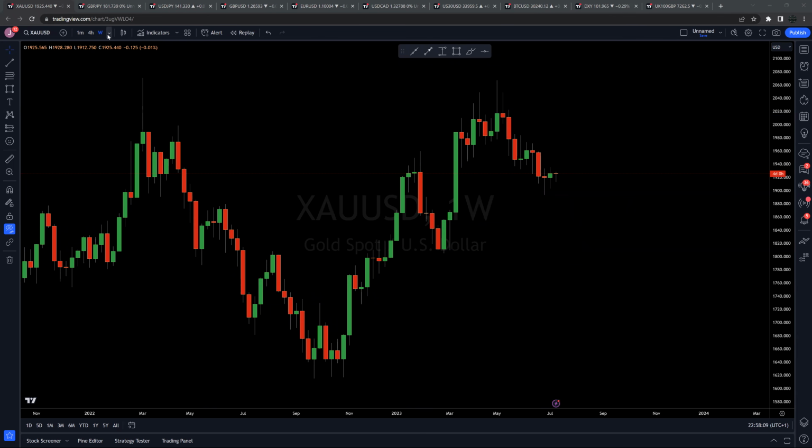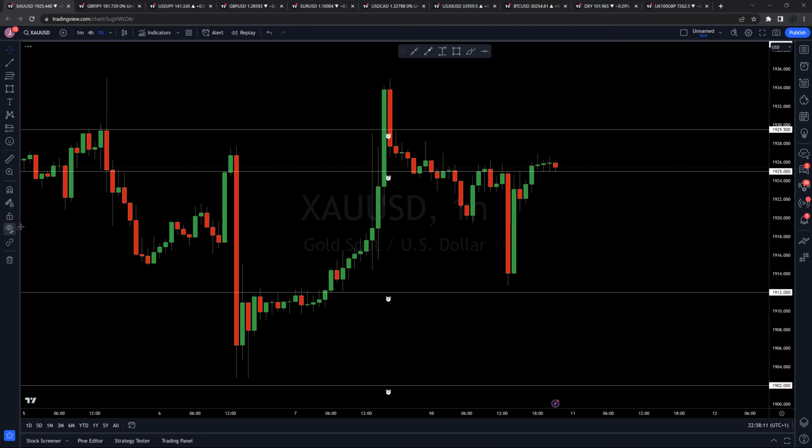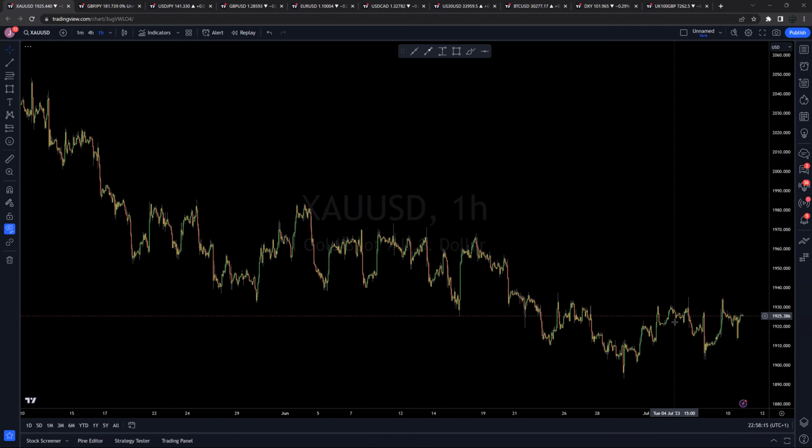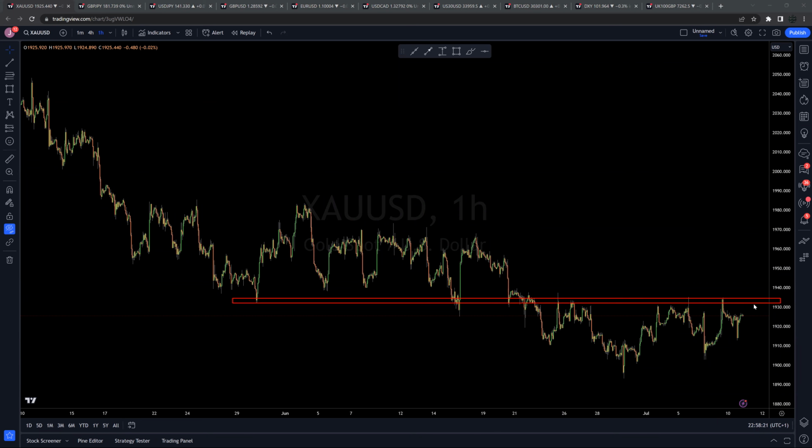Overall, psychology-wise, we want to stay adaptive to these conditions as we're still in a consolidation. So for our main bias, we're still going to be respecting the bears. Very common for gold to be rejecting and retesting liquidity zones multiple times, still holding and trading below the 1930s, still respecting bearish structure, still a pullback from these lows being printed here, and haven't broken structure yet.